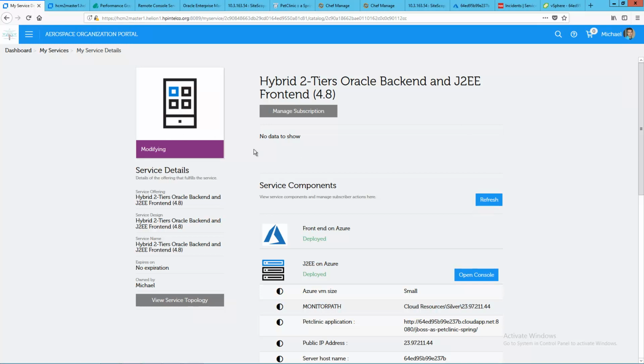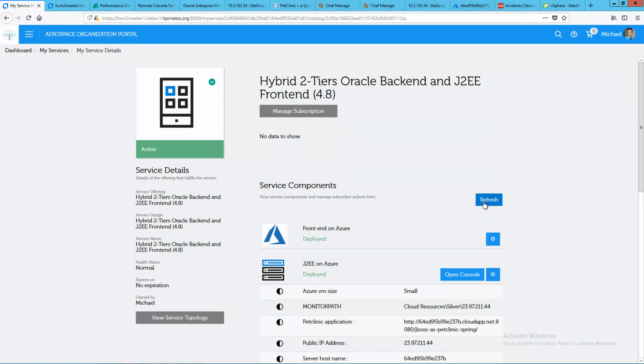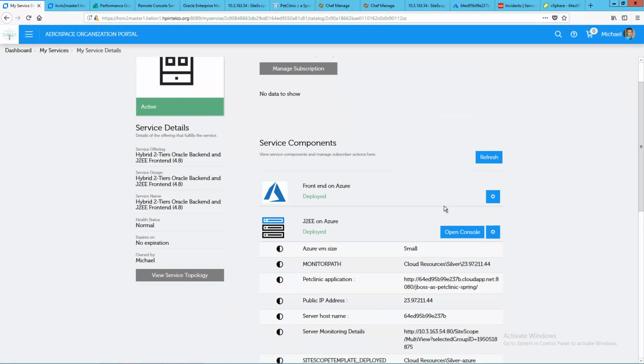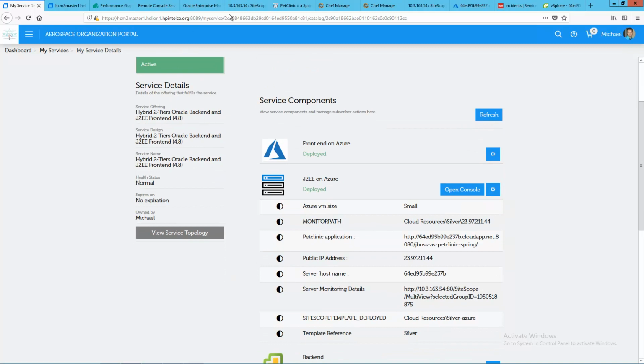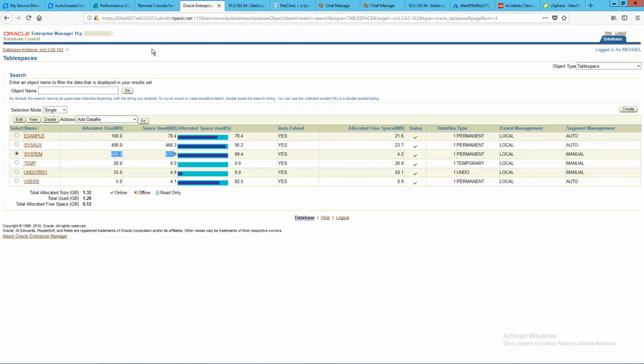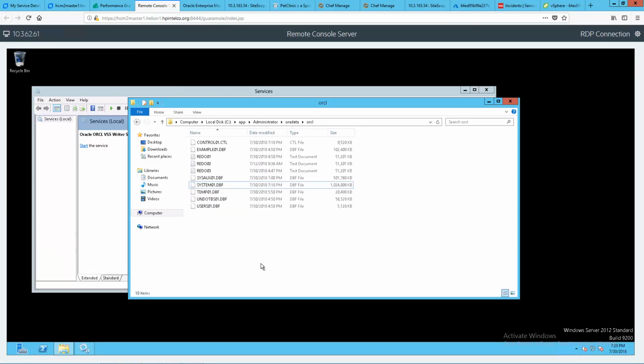So it's modifying right now. We can see the public action has been executed on the fly. If I'm going back now to Oracle and I refresh the screen, we should be able to see, yes, tablespace 1000. If I'm going back to the remote control server, remote console, I can see 1000 for the new tablespace. So we extended on the fly the Oracle DB system as a self-service action user.